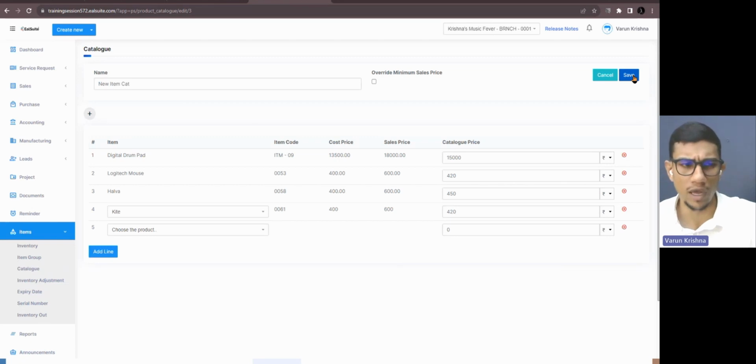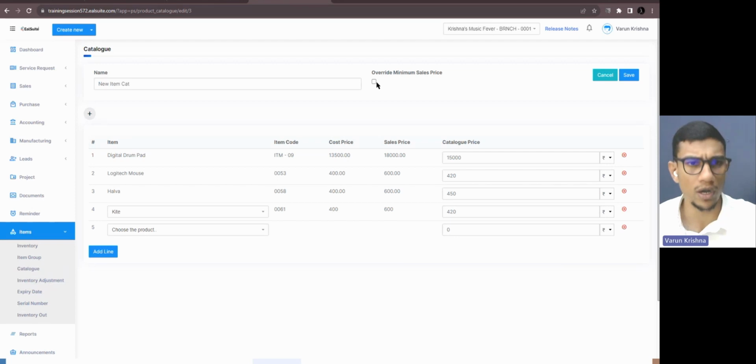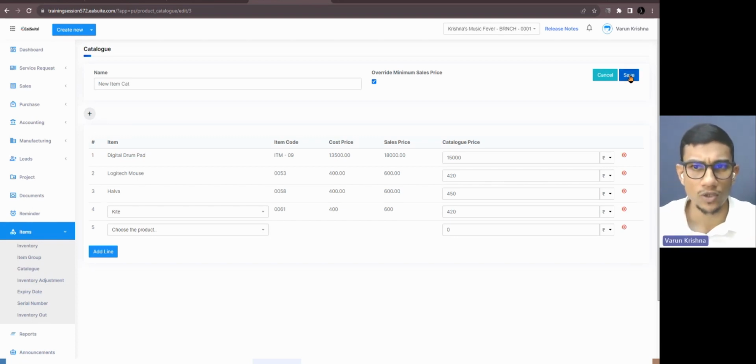I will be able to save it. That won't be an issue. But if it's not overridden here, I'm going to keep the override right now. So the relationship has been broken if I enable this. So I'm clicking on save